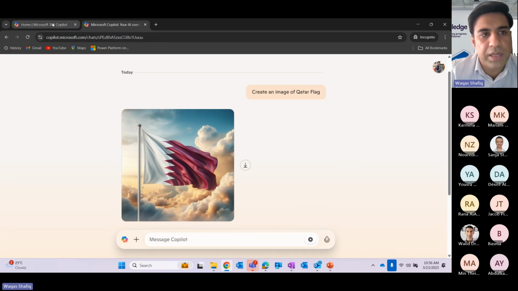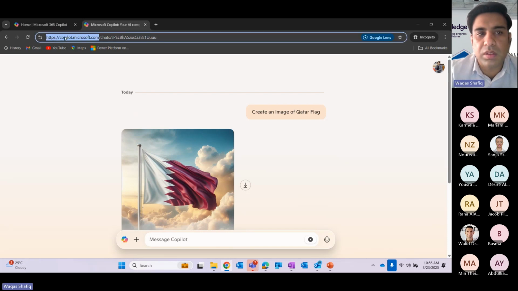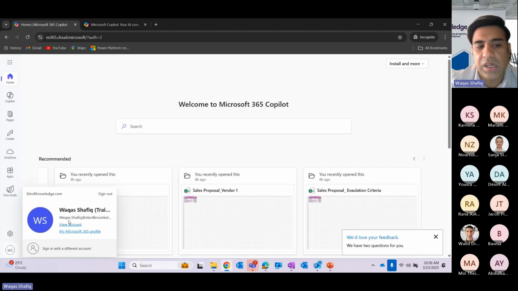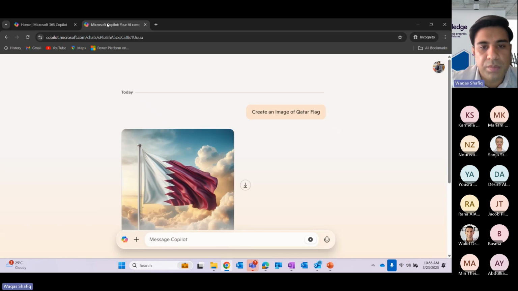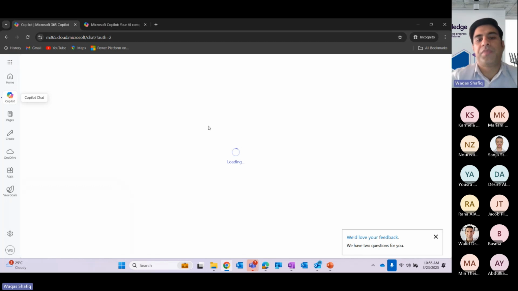Now I'm moving towards the paid version to see what the difference is. This is the free version. I shared with you a slide, Copilot for web, which is Copilot chat, and the website is copilot.microsoft.com. Now the paid version. This is my Office 365 email ID, waqas.shafiq@elevateknowledge.com. This is my official email and I have a Copilot license at the backend. Now when I move from the free version to the paid version and click on Copilot,